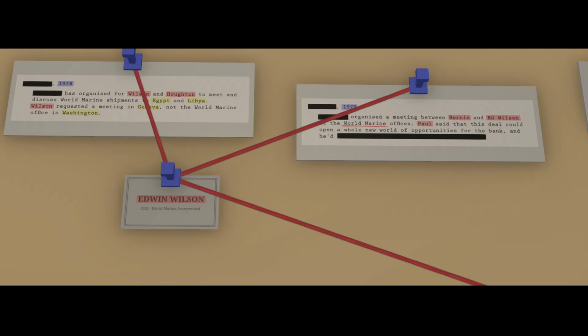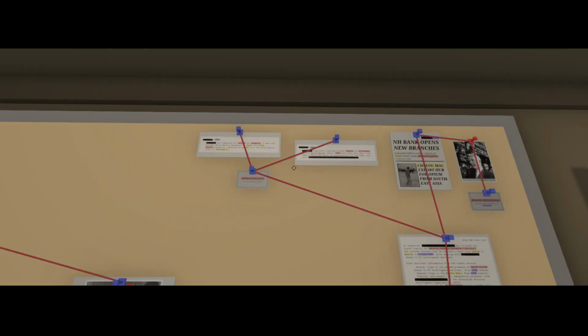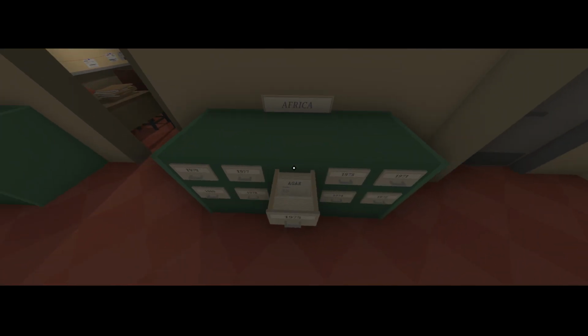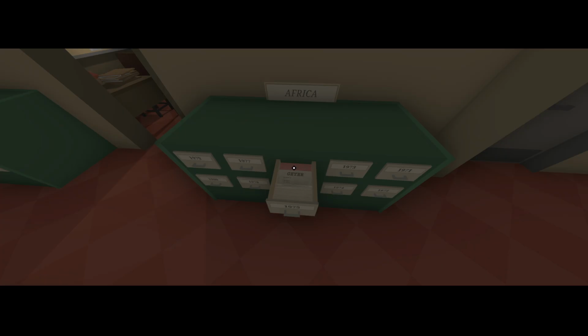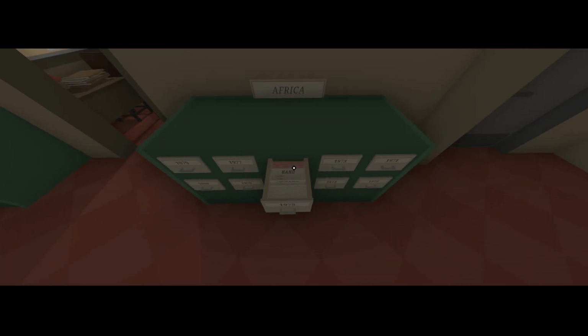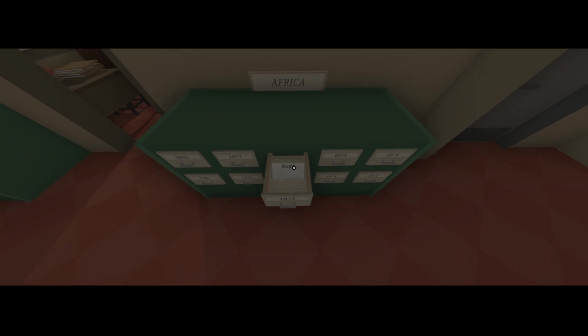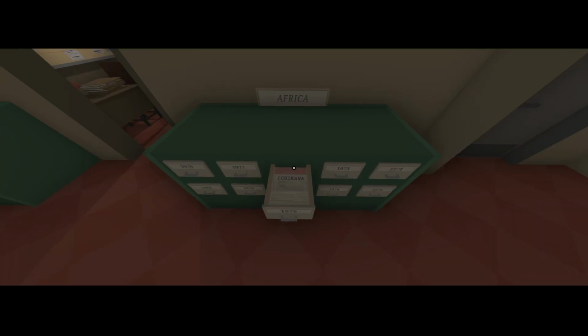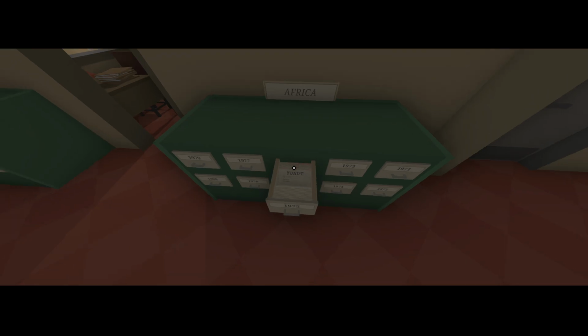Egypt and Libya, 1975. Let's check 1975 in Africa. We already checked 1975 in Africa. Baldwin, Fields, Hand. Wait, do we get this one for Hand? Yeah, we did. 285.14.